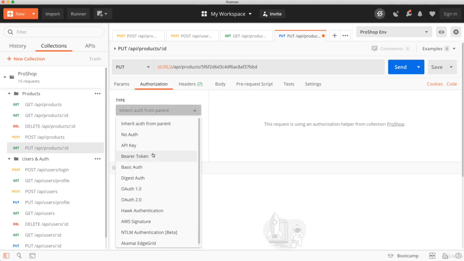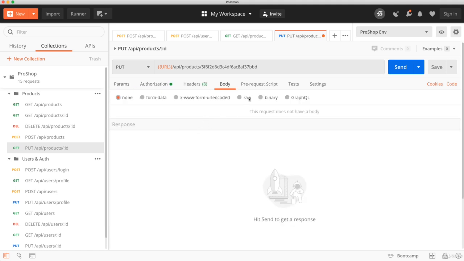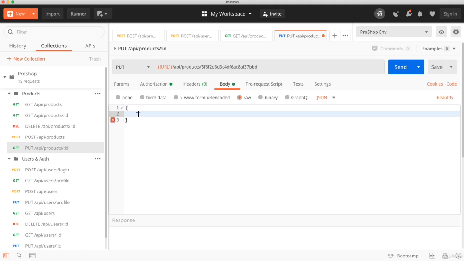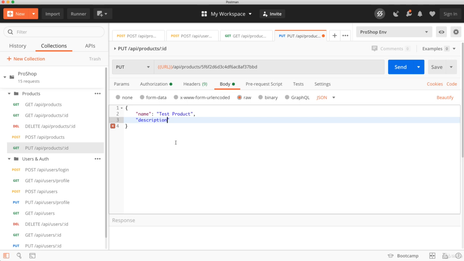Let's authorize. And in the body here, let's say raw JSON. And let's change the name. I'm just going to say test product. Oops, for the name. And description. test description. So that's all I'm going to do. I just want to make sure that I can update it. So if we send that,